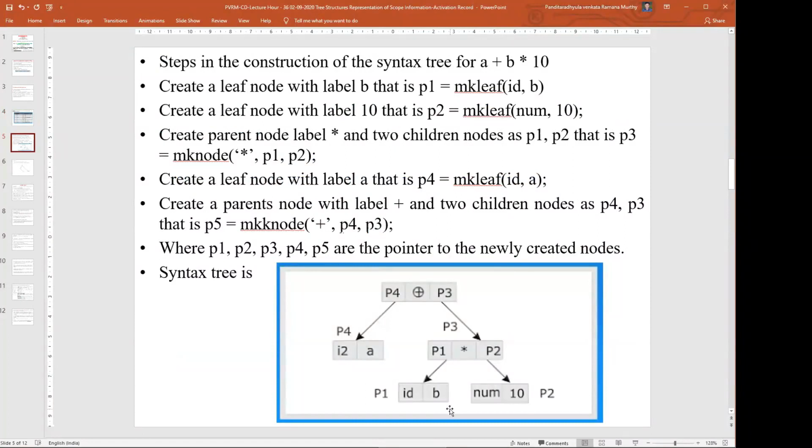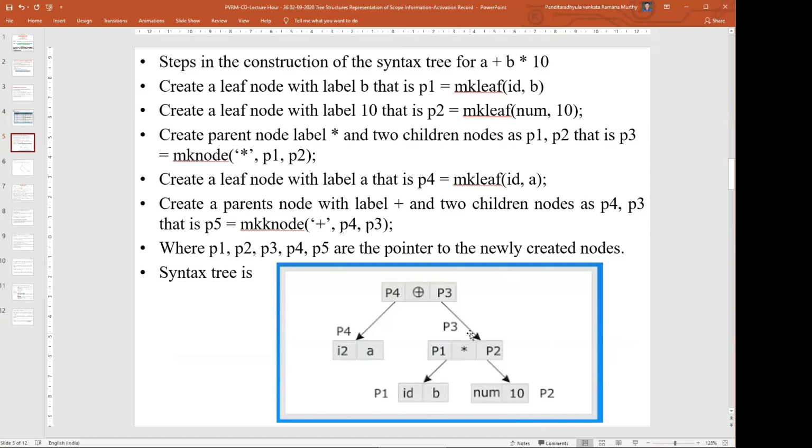So here, first of all, we need to create P1 and P2. P1 is created using make leaf ID comma B. Similarly, P2 is created using make leaf number comma 10. After getting these two nodes, we are creating P3.